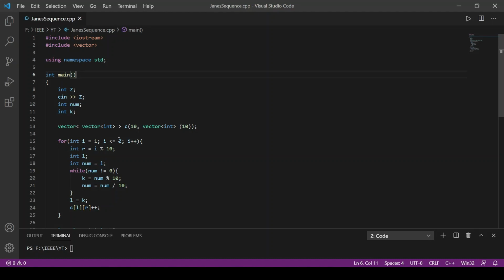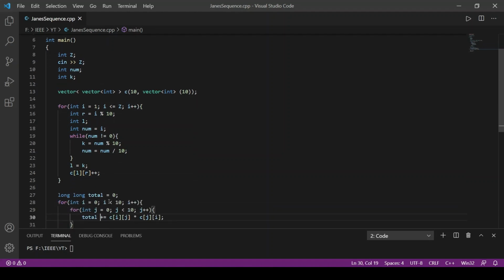In this, we store the last or the rightmost digit of a number in R and the first or leftmost digit of a number in L. To find R, we are performing a modulo operation with 10, and similarly for L, we are performing a modulo operation with 10 but using a while loop, because we are trying to find the first digit. Once we have found these values, we increment the counter in the grid by 1. So the code up till this point fills all the required values in the grid.